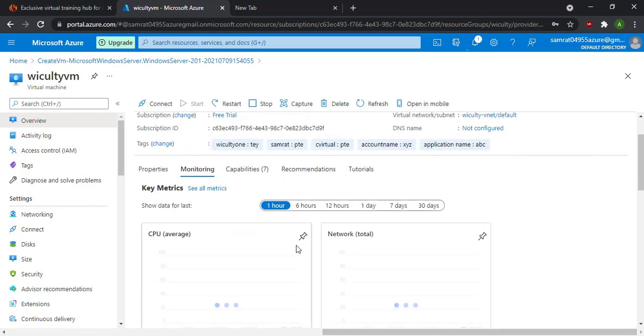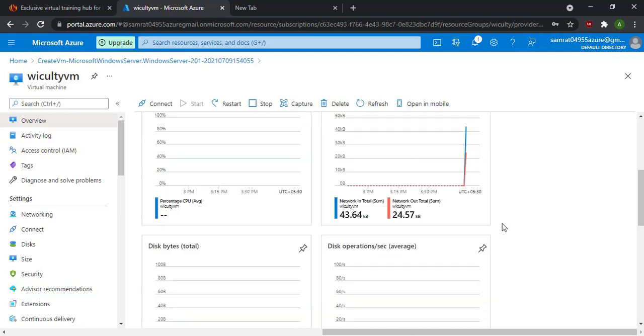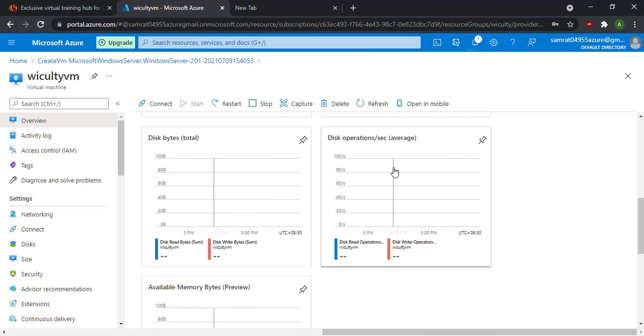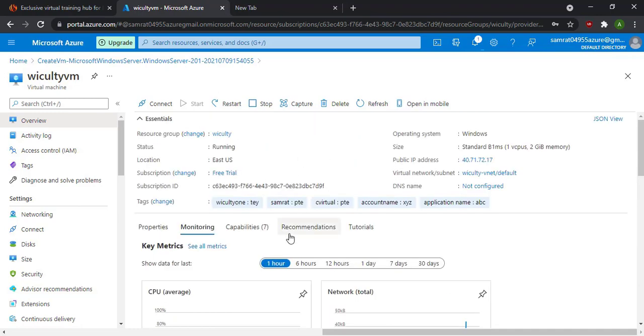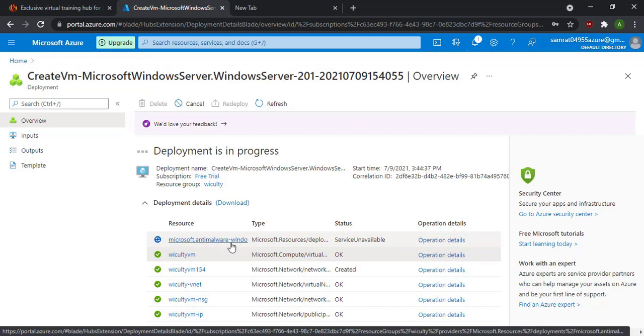You can also click on monitoring. You can see how our CPU is doing, and the network and the disk bytes and disk operations. They are not showing because our virtual machine is still being created. It's showing its deployment is in process. For the Microsoft anti-malware, Windows is showing because we have installed an